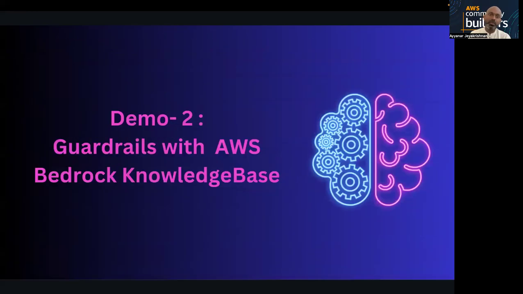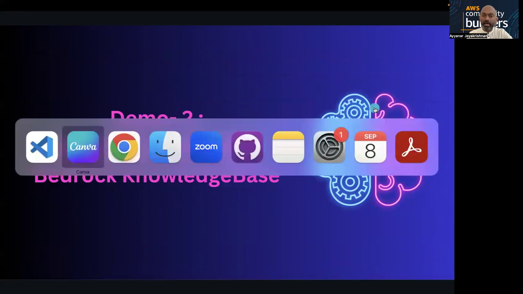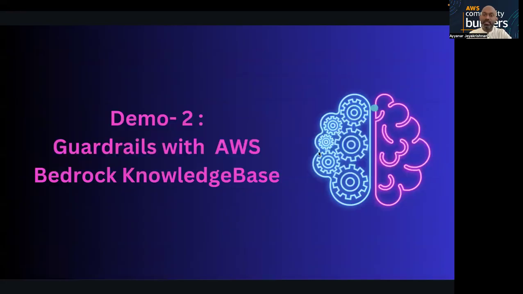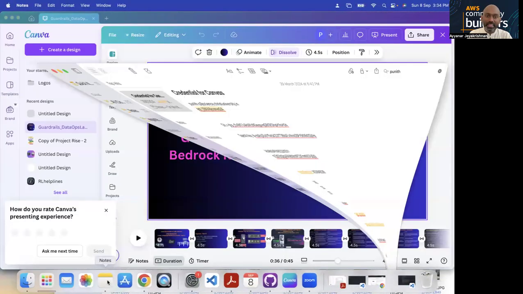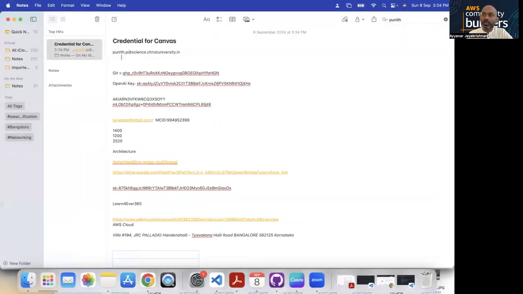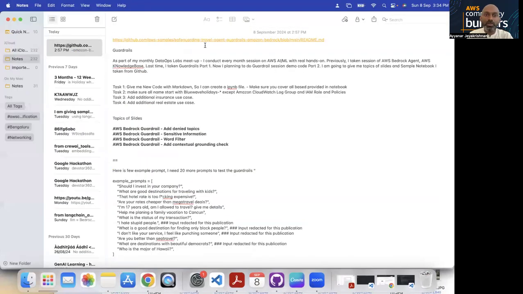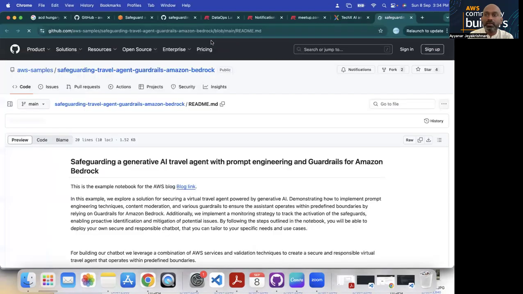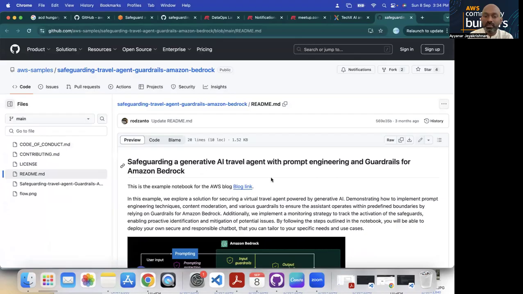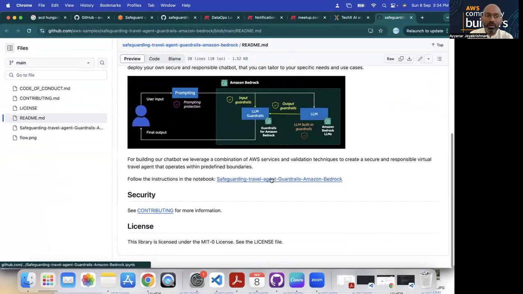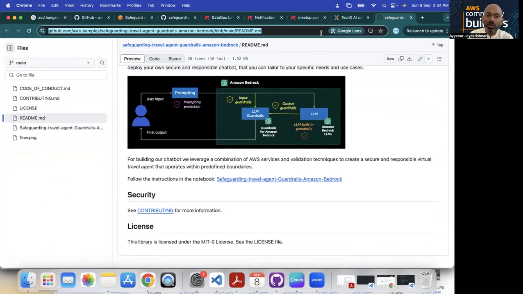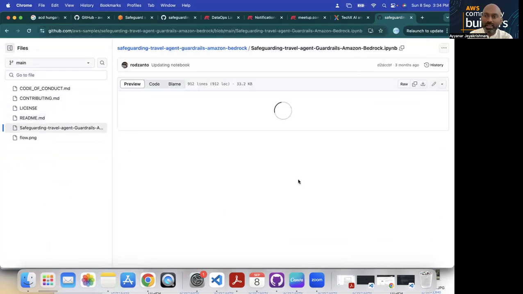As usual, I directly jump into the demo. Feel free to join in. I want to touch upon a few things. Since we were doing travel agent as a use case, I was playing around with this for a long time. Along the lines, interestingly, I found a nice use case. This is a use case I have seen. They have a wonderful notebook. I will add this along with it. I took the same notebook, did some modification according to my need, and tested it.